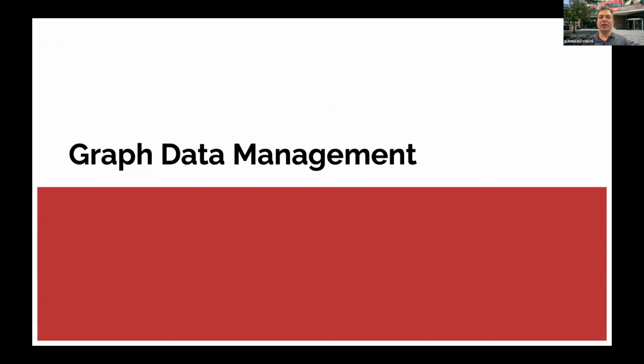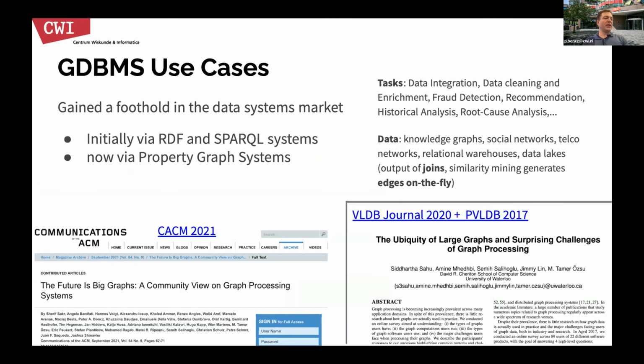Yeah, so first, what are graph data management systems in the first place? Currently, graph data management has gained a foothold in practice. It's certainly a popular topic in research, but in terms of systems out there, it is a niche, a growing niche. Initially, graph data systems were mostly of the RDF kind, speaking SPARQL as a query language. But in the last decade or so, most growth has been coming from property graph systems, Neo4j being the most